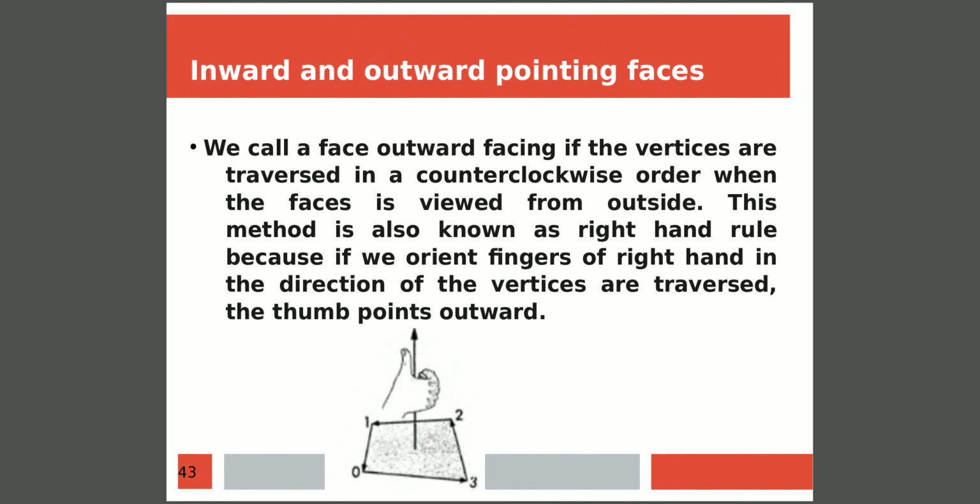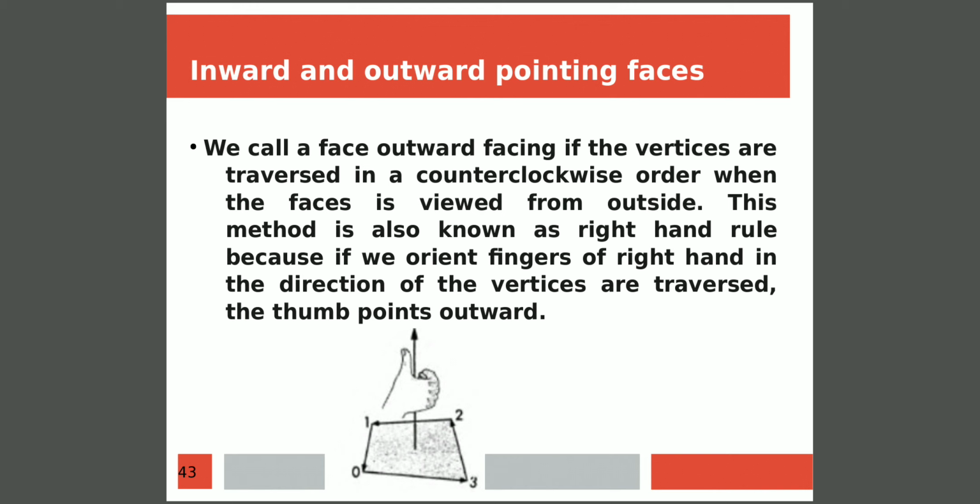Then when you consider any face of a cube, every face of a cube will have 2 faces individually, that is an inward face and an outward face. The inward face is the face which is towards the cube, the outward face is the face which is towards the user or towards the observer. When you look at a cube, you are able to observe only the outward face. The inward face is towards the cube, or it is inwards to a cube, so we are not able to observe that. Then whenever we consider a face of a cube, how can I find which face of a cube is an inward face and which face is an outward face?